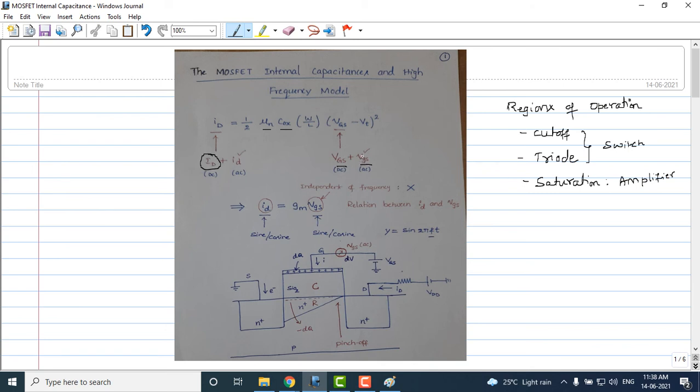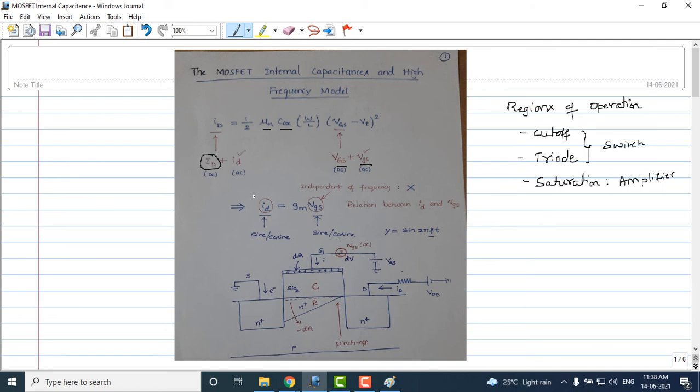Okay, and if this equation is seen here, where is the AC term present here? Because when we say MOSFET internal capacitances, we should also see capacitances related to the AC. Okay, it passes AC signals. So here the AC component, what you are seeing here, is the input signal that we apply for an amplifier, VGS. So this has got an AC component here.